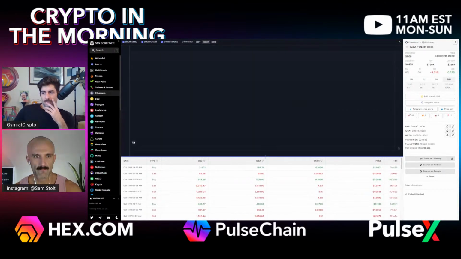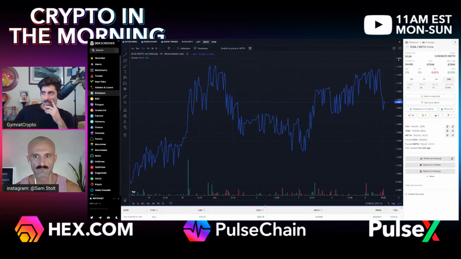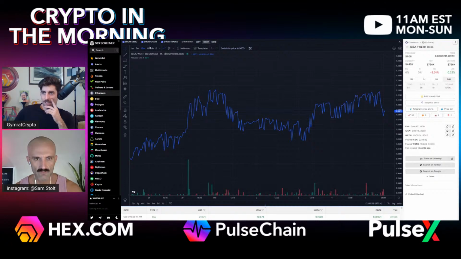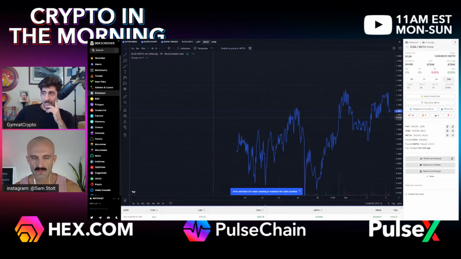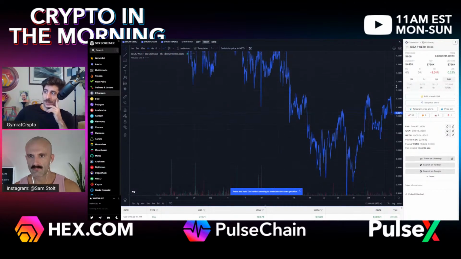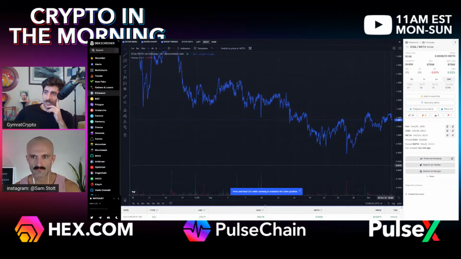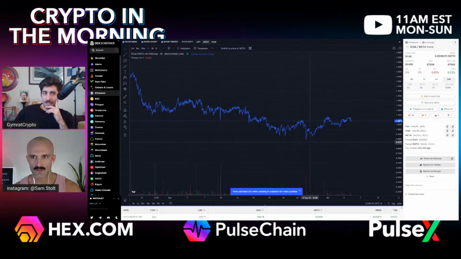What is this chart? This chart I cannot catch a beat on yet because I haven't studied enough. This is the Icosa ETH chart. And I just don't know what to expect. There's just too many factors that I haven't looked into yet, and I wish that I understood them better. Zoom out to the full view. Upside wise, just from your brain, a quick answer, whether you know it or not, what do you see with Icosa?